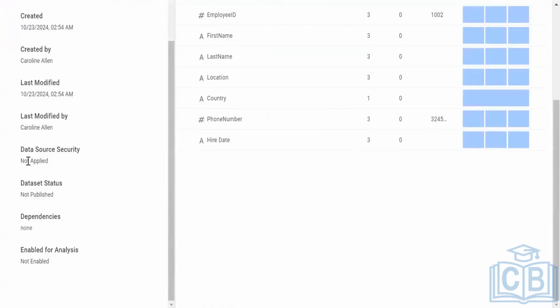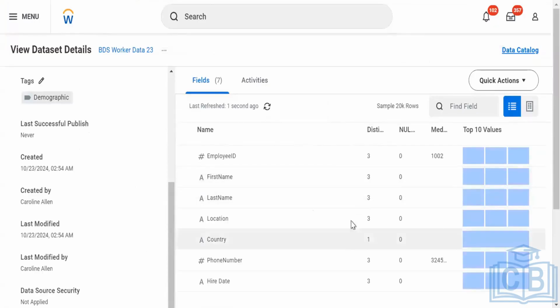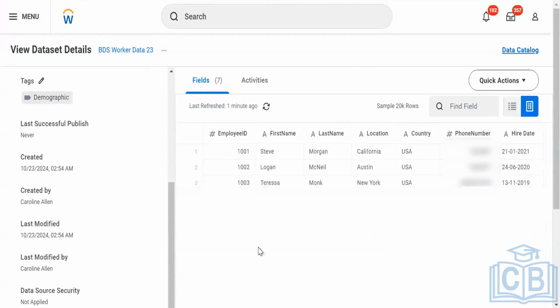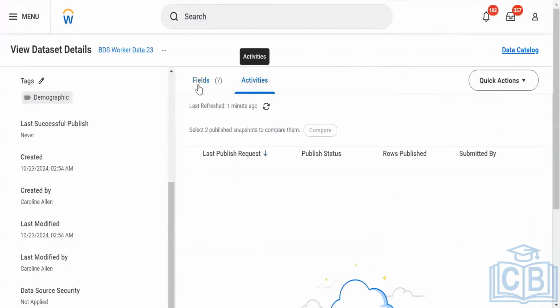And the data source has no security status applied. Dependency is nothing. And enabled families is not enabled. Here we can see the uniqueness of the data, how much repetition there is. Country is repeating 3 times. It is coming as user and we are able to understand the data on a bigger scale. When we see the retail data, the same thing is shown over here. When we go to activities,